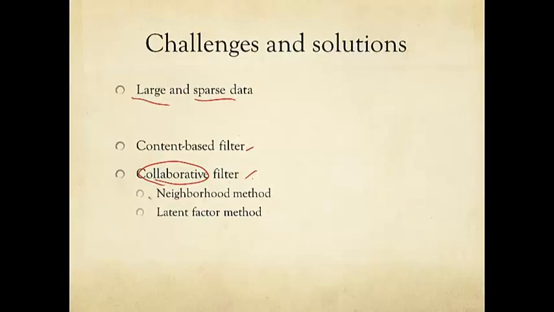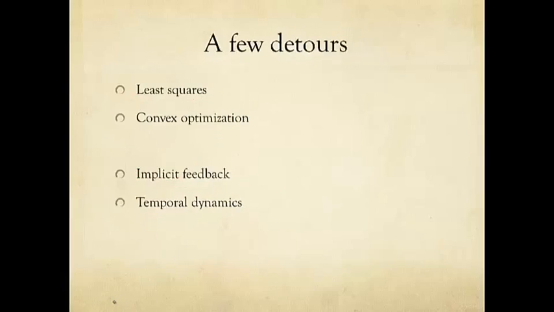So we don't need distributed computation. And within collaborative filtering, there are two main flavors. It turns out these two are also interestingly connected, but we will skip that. It's in the textbook and advanced material. One is the neighborhood method, the other is the latent factor method. Along this way of going to the neighborhood method, we'll take a couple of detours. One is going into a particular optimization problem called least squares. It's one of the most frequently used